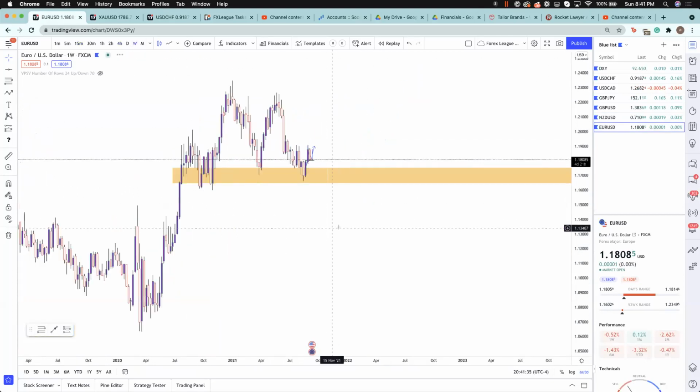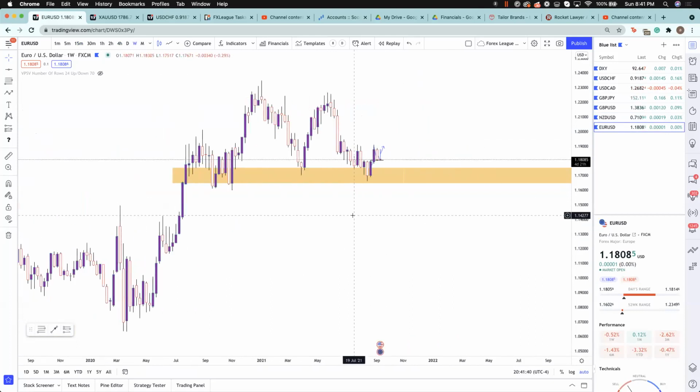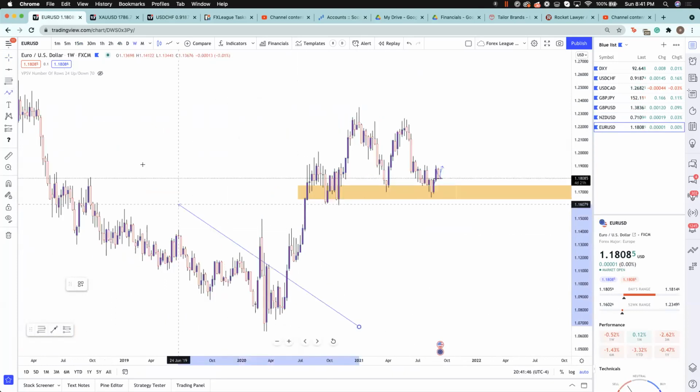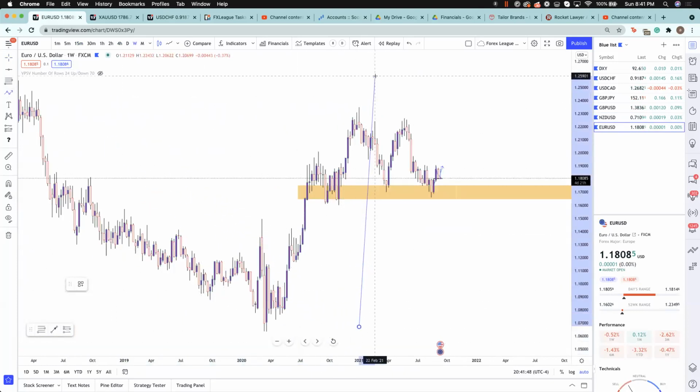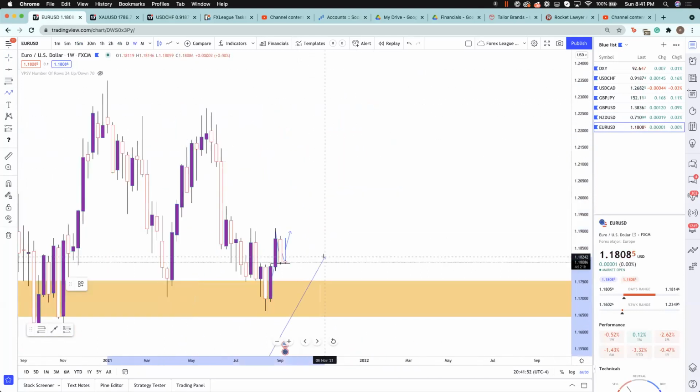We'll jump up to the weekly. So weekly time frame on this one, as we can see, weekly has been overall in an uptrend. So we pushed to the upside, broke out of this huge downtrend, had this big push. Now we're back at support right now.